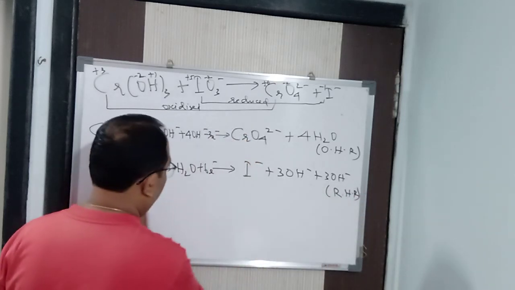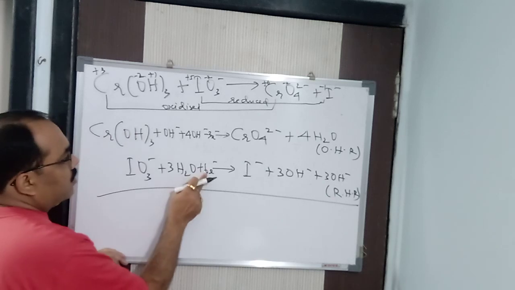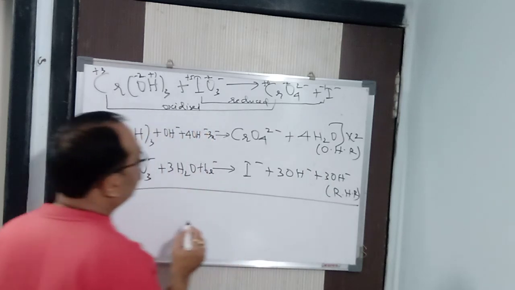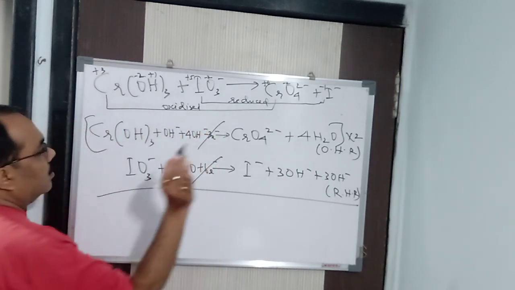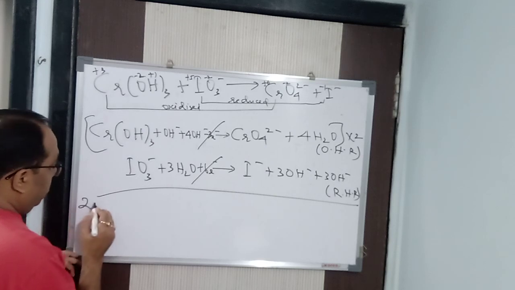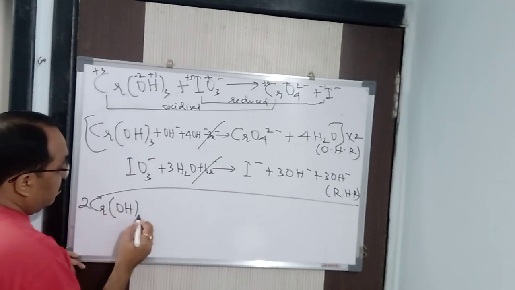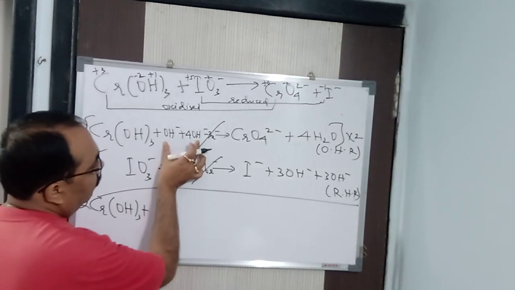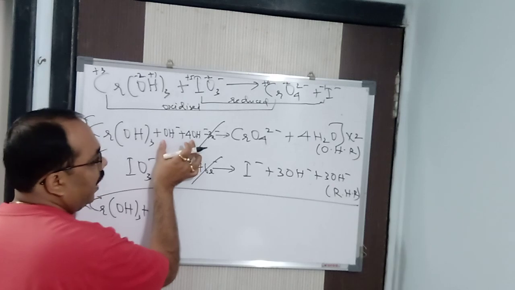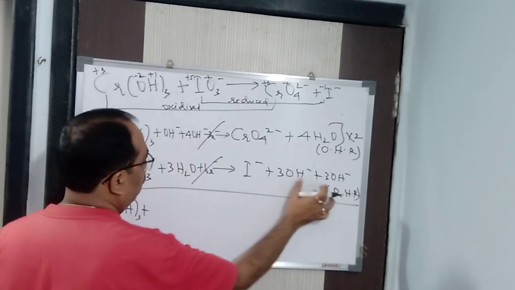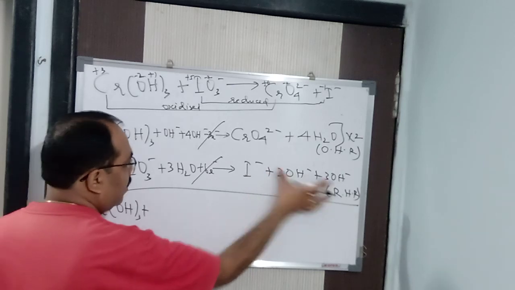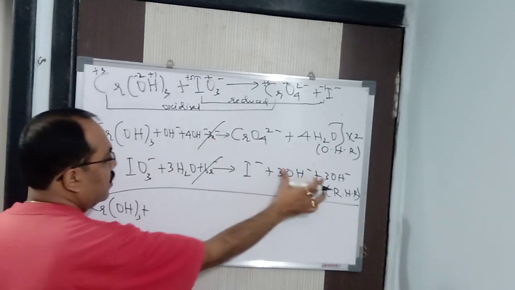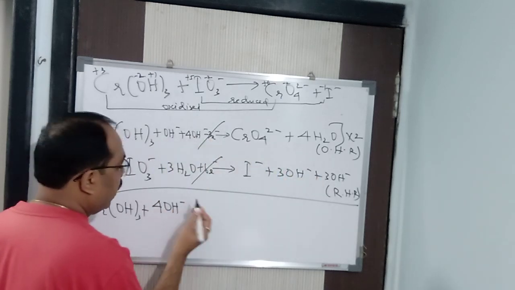Again same thing, I will add both. But here it is 6 and here it is 3, so this equation I will multiply with 2. 2 into minus 3, it is minus 6, plus 6, gone. So now next, 2 Cr(OH)3 plus, now here it is 5 OH minus. See here, 5 OH, 5 into 2, 10 OH minus on the reactant side. And on the product side we got 6 OH minus. Here 6 and here 10. 2 plus 1 plus 4, 5. 5 into 2, 10 OH minus, 6 OH minus. It is 4 OH minus more. That I will write.